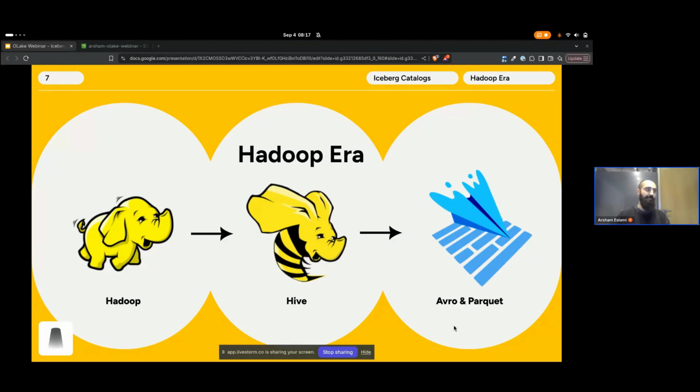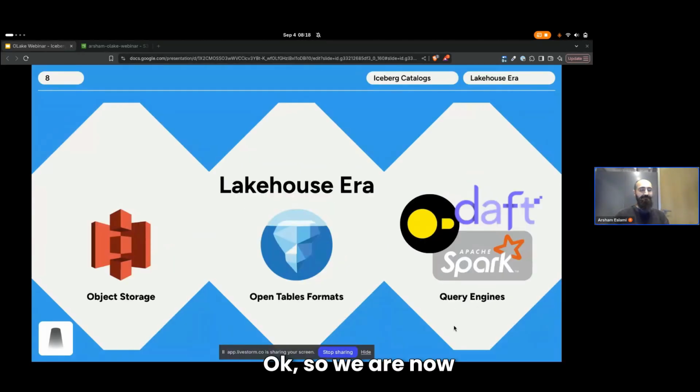But great. Okay, so we are now in the lakehouse era. This is a totally different world. Lakehouse is all about object storage. That's where we're throwing everything. No longer do companies need to set up their own array of hard disk drives, couple them together, and put the Hadoop distributed file system on there. You can just use S3 or R2 or whatever, and have one of these big cloud data providers build this out for you, which is fantastic. There are even local versions of this, like MinIO, that you can run on your local machine and test things out, which is fantastic.